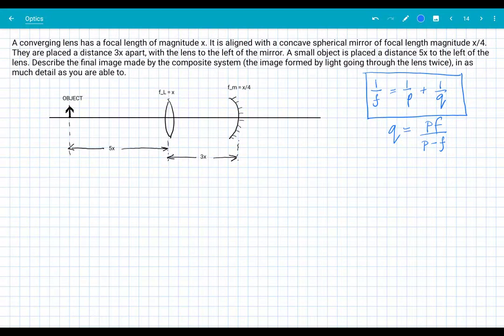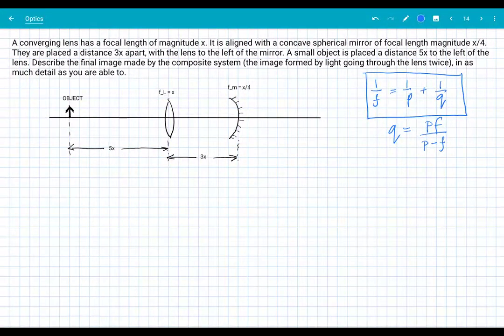So in this notation, P is object distance, Q is image distance. So I take the general equation and I solve that for image distance. And then I have an equation that's just kind of ready to use, and I don't have to do this particular algebra for every single stage of the solution. So I'll start here. So we begin as usual, starting at the object and then kind of tracing the path